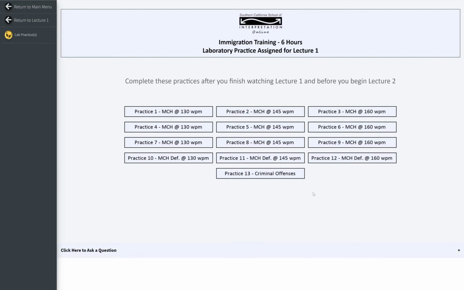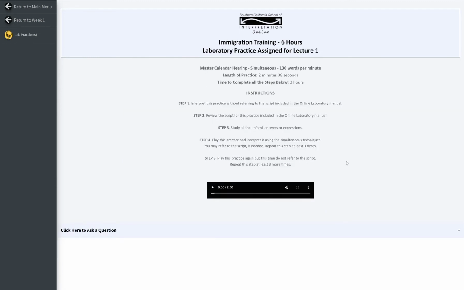So we have different practices at different speeds. Practice 1, 2, and 3 is the same practice at three different speeds, 130, 145, 160. Then another one, and then there's a practice on criminal offenses. If you were to look at your laboratory manual, you will be able to see these practices, the scripts of these practices, okay? Now, to practice this, you will click where it says practice 1,